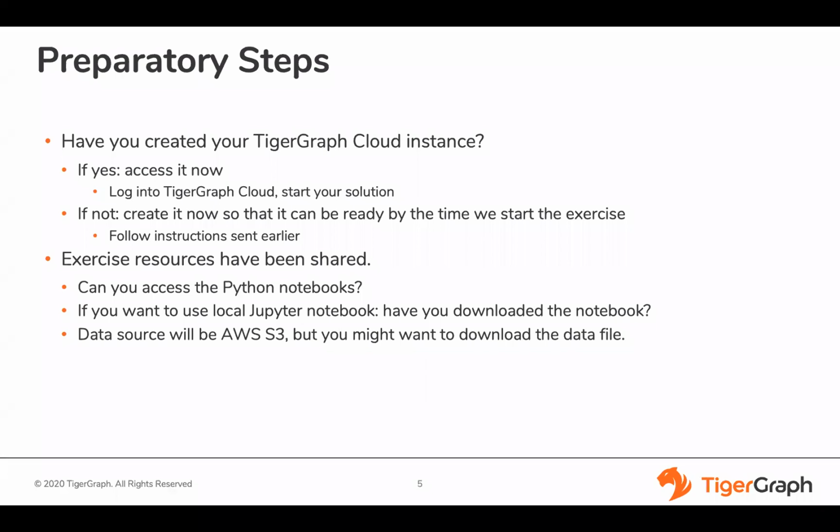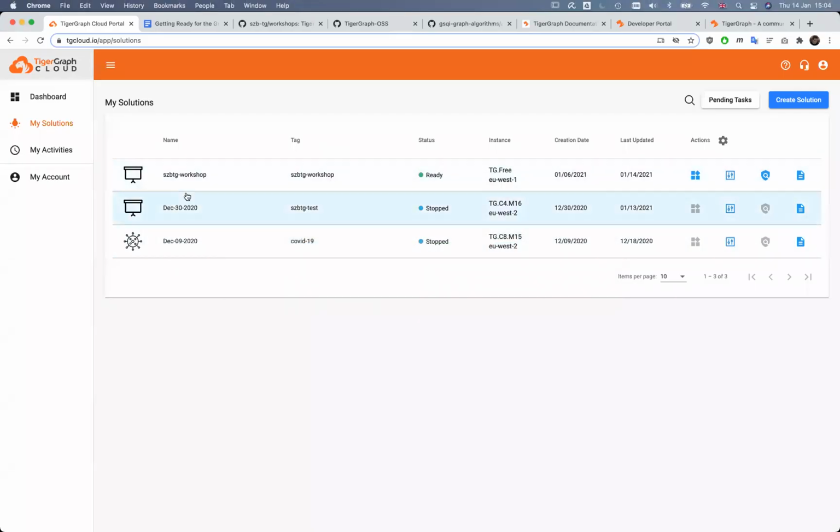The exercises will be done using a PyTigerGraph database instance running on PyTigerGraph Cloud. If you have already created your instance, and I hope most of you already did, then please make sure it's up and running. If not, then go to the solution page on PyTigerGraph Cloud and start it. If you haven't created the solution yet, please do so now so that it could be ready by the time you start the exercise, as it takes a few minutes to provision the resources. So if you haven't started yet, please come to the My Solution page, click Start, and wait a few minutes until it starts up. If not, please go through the solution creation steps.